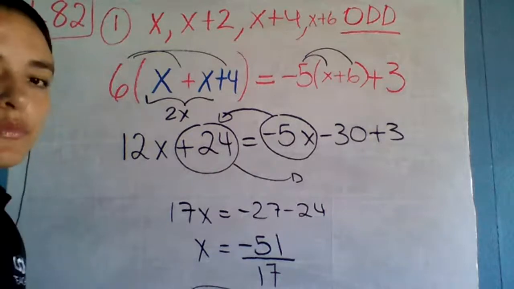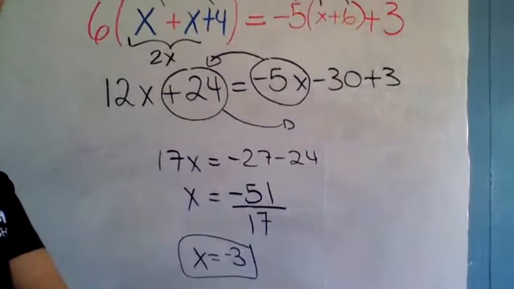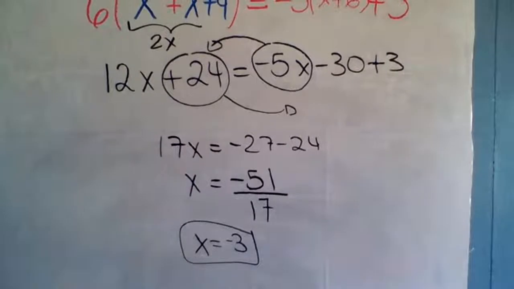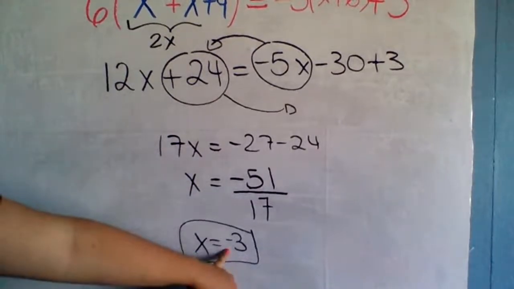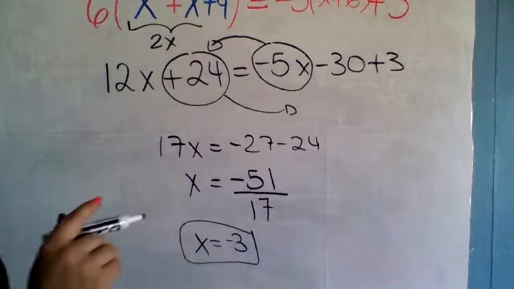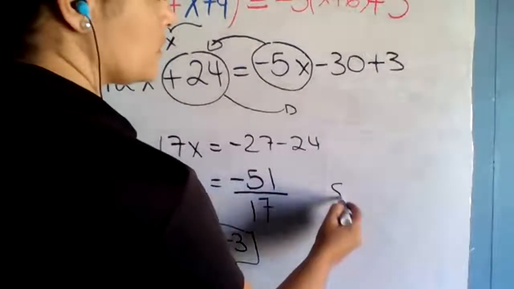Okay, now remember, you always have to check that what they were asking is what you got. And they're asking for odd integers. Is this an odd integer? Yes, it is. So we're correct. So my answer is going to be 4